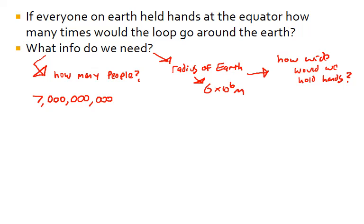Okay, so yeah, how wide will we hold our hands? That's something else that we would need. And if you assumed about 1.5 meters across, you could do that. And so we know how many people, we know how long that this